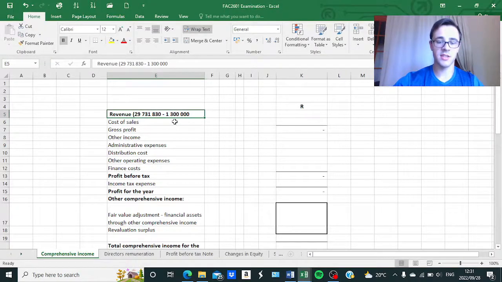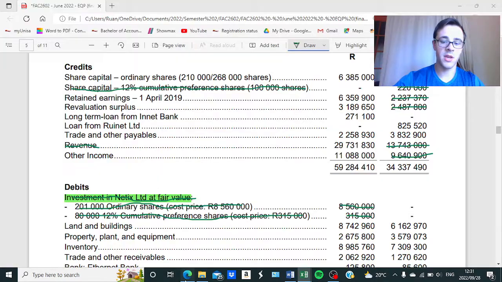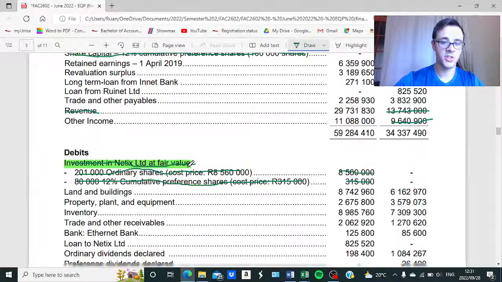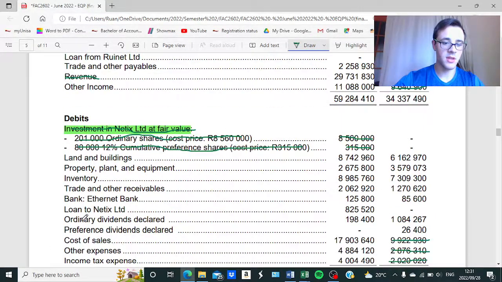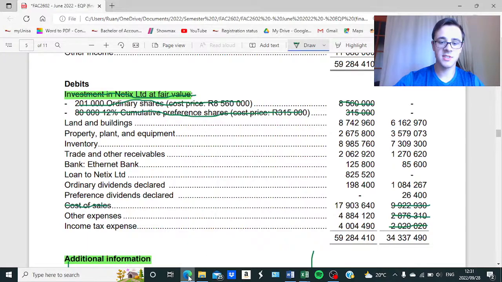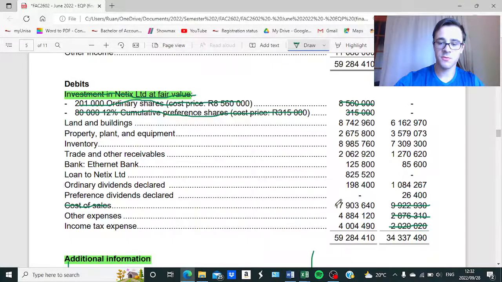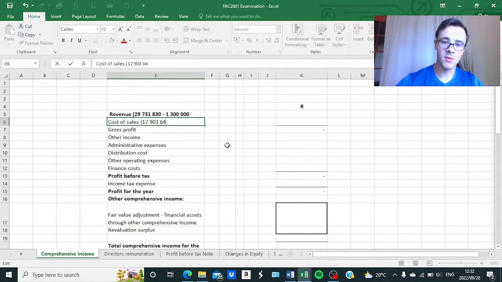Okay, which is why it is subtracted. And then for cost of sales, you will start with the amount for the parent, which in this case is given as 17,903,640. And then because we credit cost of sales for Netix Limited, we are decreasing cost of sales for the